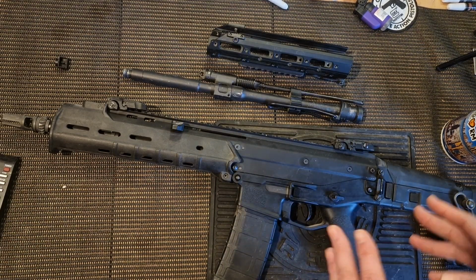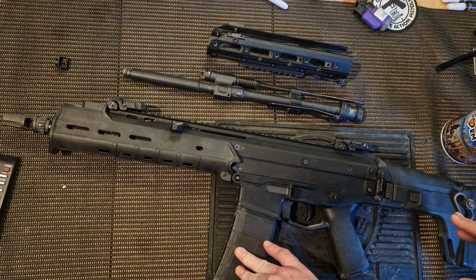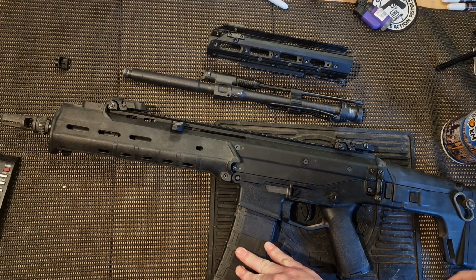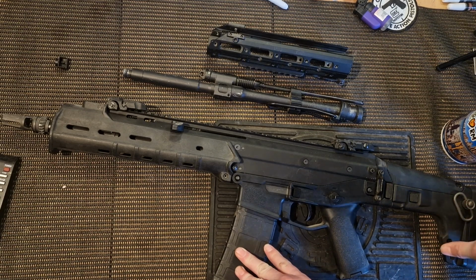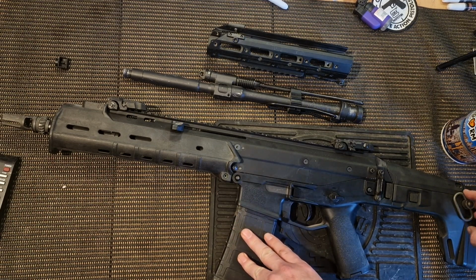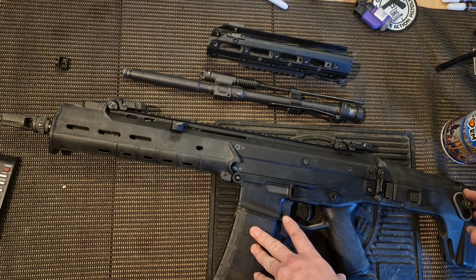So let's start with what is the MSK. The MSK is essentially WE's version of the Magpul Masada, later known as the Bushmaster and Remington ACR, that's been seen in video games and maybe a couple of films and things, but it's not ever really been that popular in the firearms world because when Bushmaster and Remington took over the civilian and military production of the Masada,